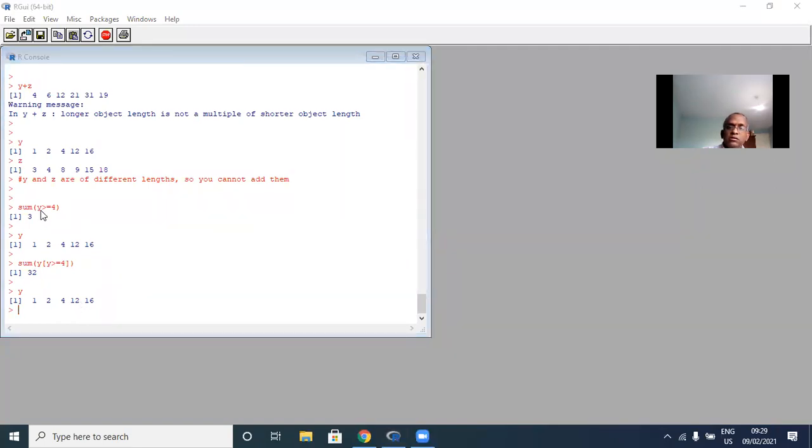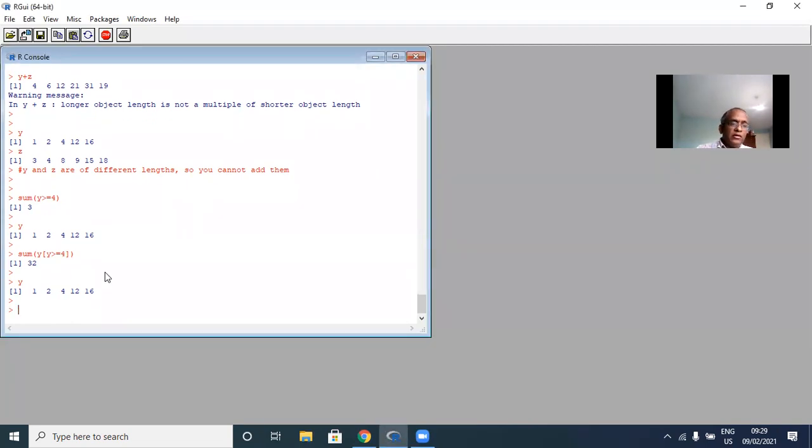You guys follow me or not, right? So the first command is the number of data that are greater than or equal to 4. The second command is the sum of the data that are greater than or equal to 4, right? Okay. All right. Finally, sum of Z greater than 5 and Z